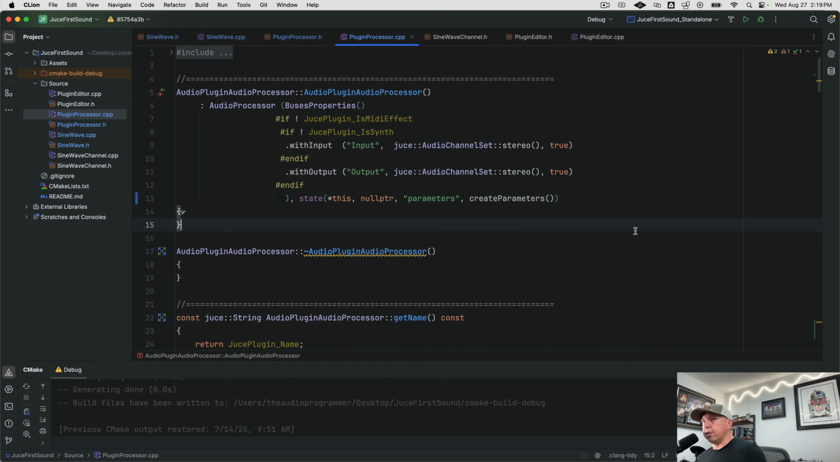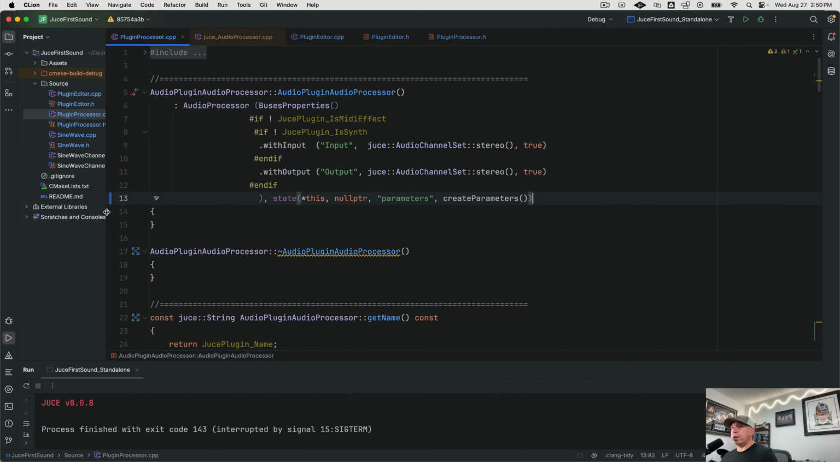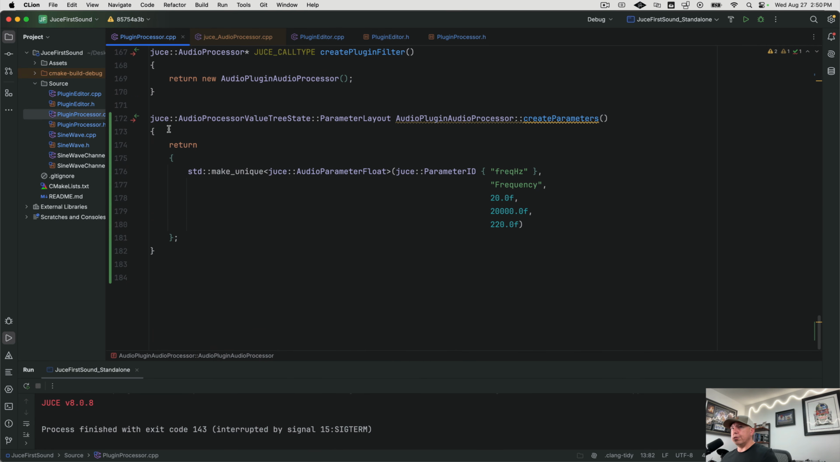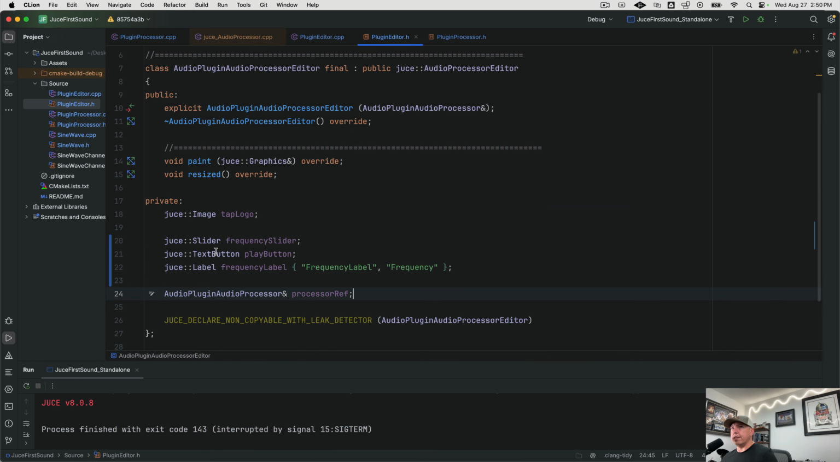And now we are good to go. So now we have created our APVTS object, which is called state. That has our parameter layout, which is our list of parameters. Here we only have one parameter, which is our frequency, which is called freq_hz. And now we need to find a way that we can connect this parameter to the slider that we've created